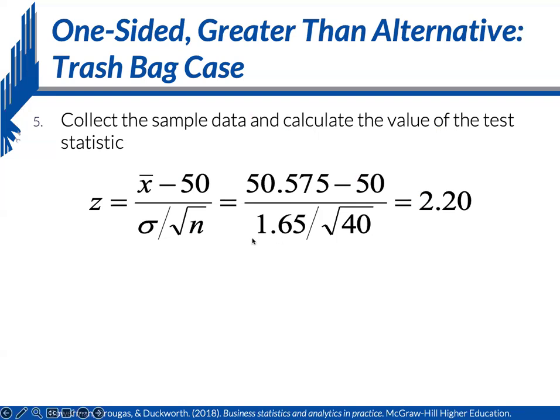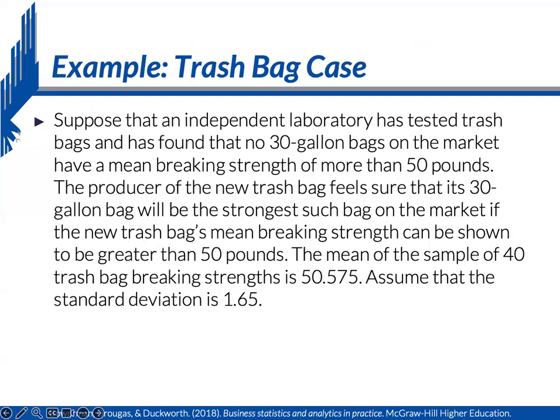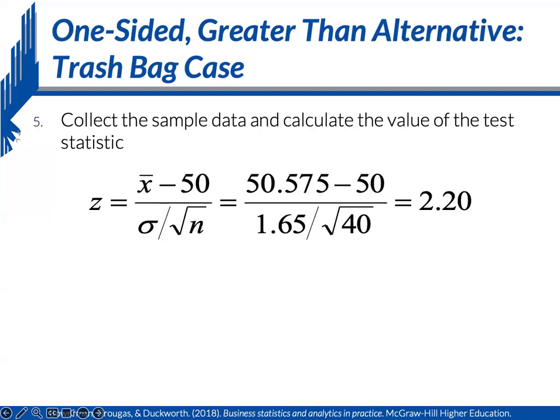So in this particular example, we use the shortened version of the formula for sigma sub x bar because we don't know the size of the population. We don't know how many trash bags there are in the population, but it makes sense to assume that it's a large number and that it keeps on increasing because the company will just keep on producing new trash bags, and therefore capital N can be assumed to be a large value. So computing for the test statistic, we will get 2.20,